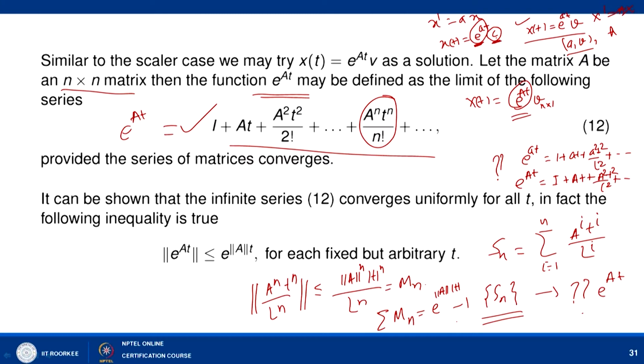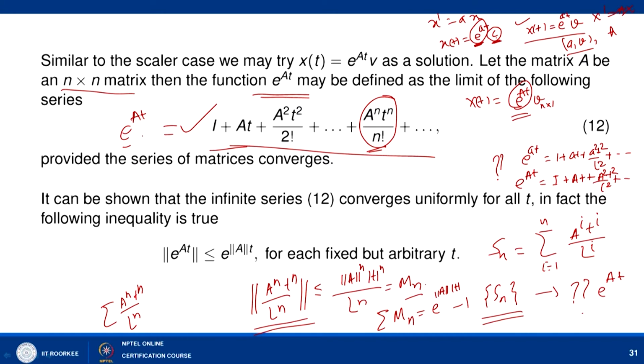So, we can see that this is a convergence series, and hence we can say that the summation a n t n upon factorial n is also a convergence series. Not only a convergence series, it is a uniformly convergent series. So, using the Weierstrass M-test, we can say that the convergence of this infinite series to e to power a t